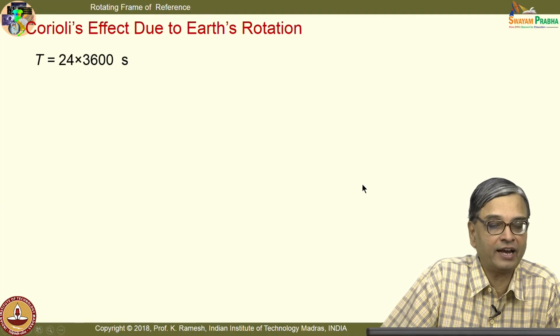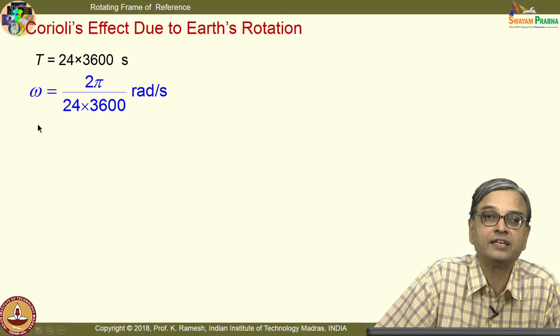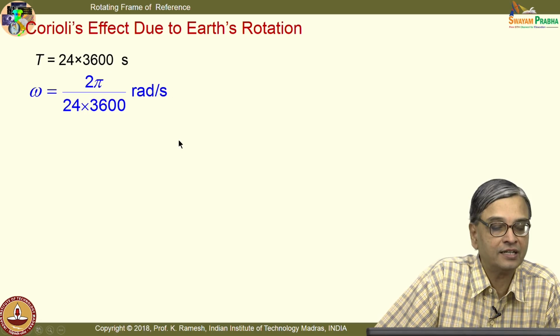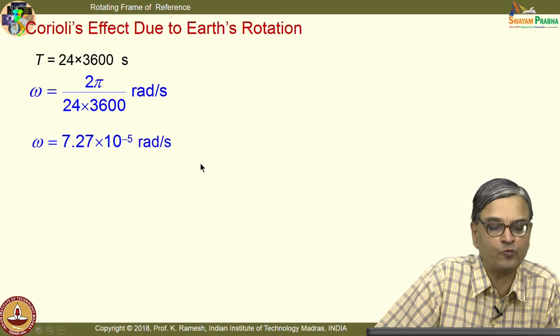We will also calculate the value of Earth's rotation. It is very slow. I have the time period as 24 hours, and if you estimate the angular velocity, this turns out to be a very small quantity, of the order of 7.27 × 10^-5 radians per second. It is very small,